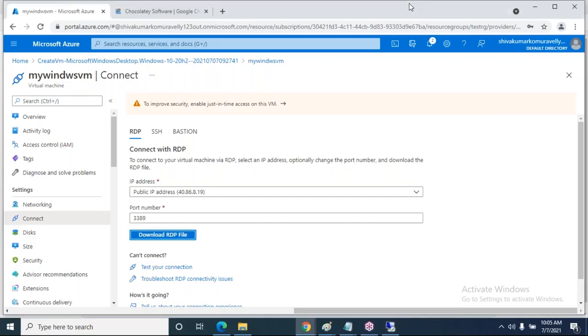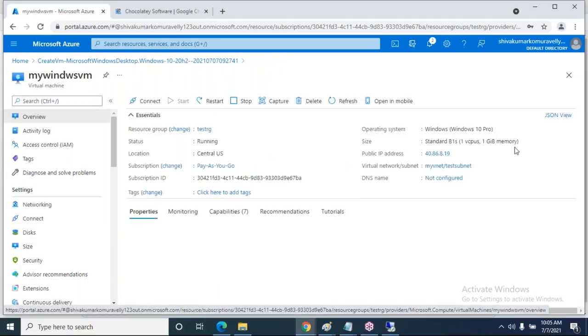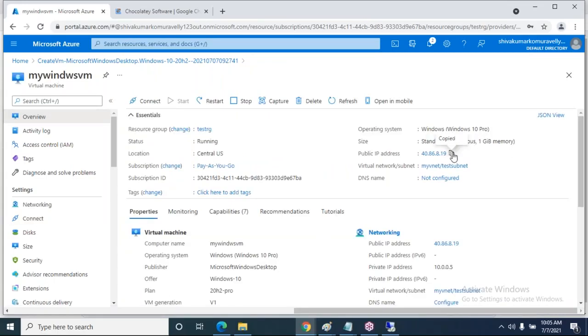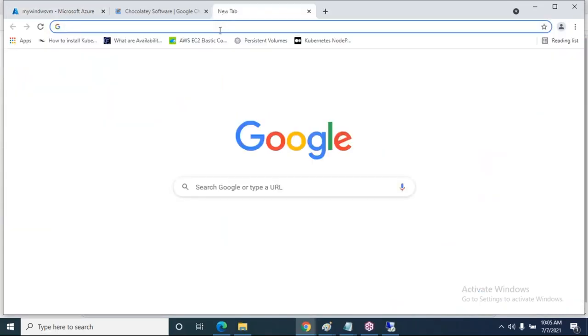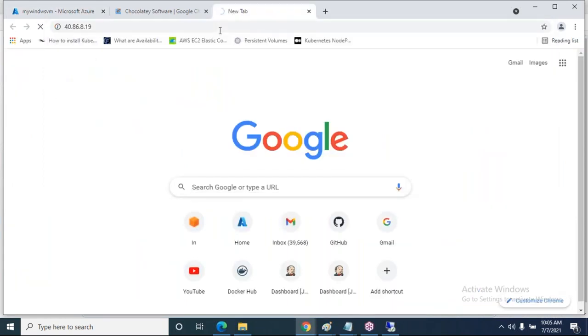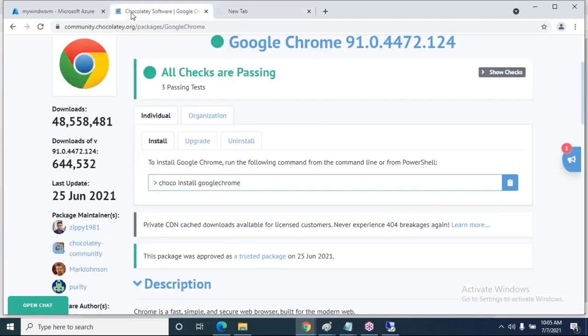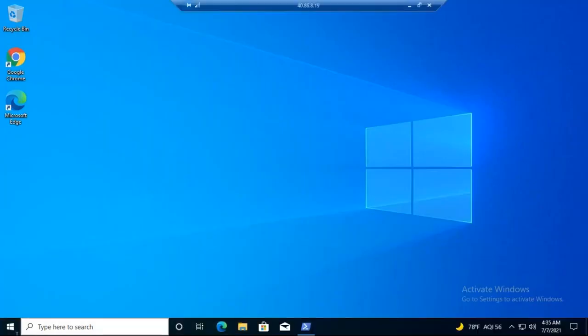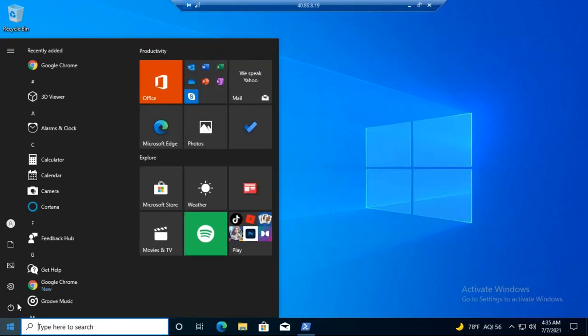Okay, IAS is installed, and you can test it by taking the public IP address. I think the server has to be restarted. I did not restart the server, right? We have to restart it. Then only the changes are reflected.